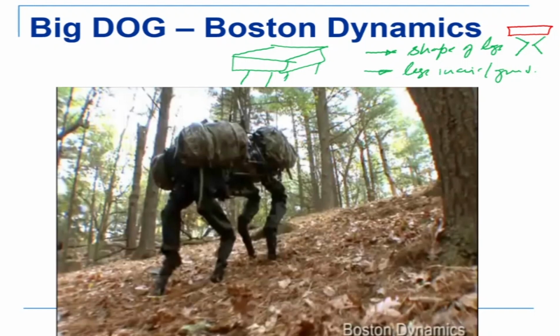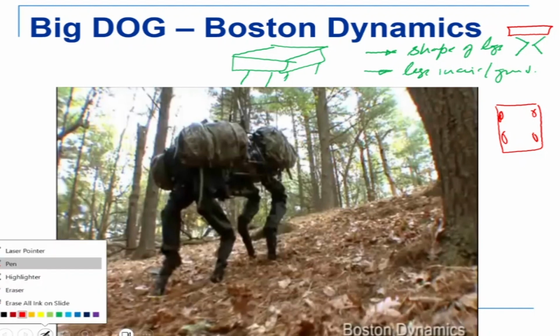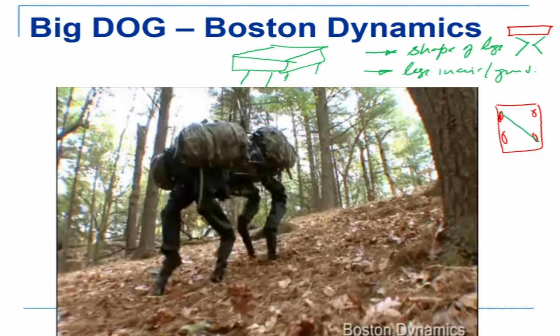Now what you'll see here very carefully is that if I draw the top view of this, there are 4 legs like this. The legs are moving in diagonal fashion, which means that these 2 legs are in air while the other diagonal legs are on the ground, and then it switches. The other legs are on the air and then these legs are on the ground. So basically it switches like this and like that. And that pattern of foot placement is what we call gait. So please look at this video very carefully.